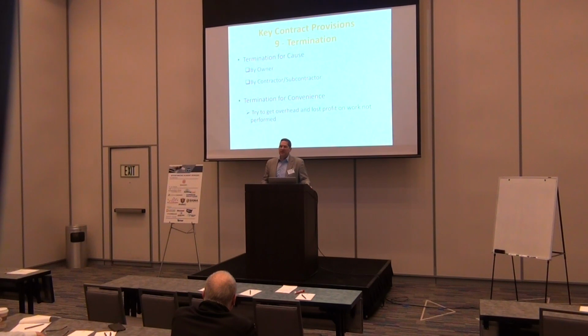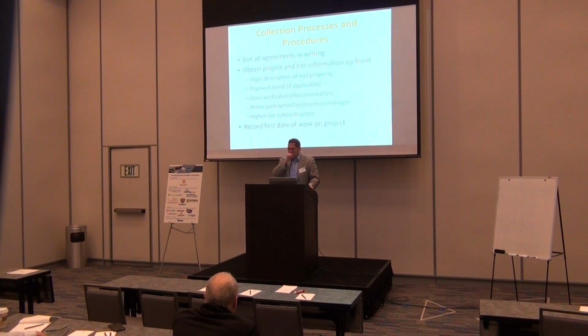So what a lot of times makes sense, and this applies to the general contractor and subcontractor, is to put something in there that says if they do that, they have to pay a little extra. Because if you're 50% done, you didn't plan to do just 50% of the project. You planned to do 100%. You may have turned down other work because of your backlog. So maybe put something in there that says they have to pay you an additional amount if they want to do that. That would at least give them some pause, a poison pill as to why they might not want to do that. So something to think about.